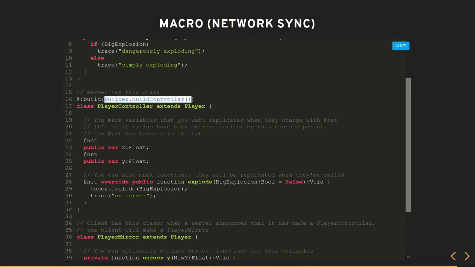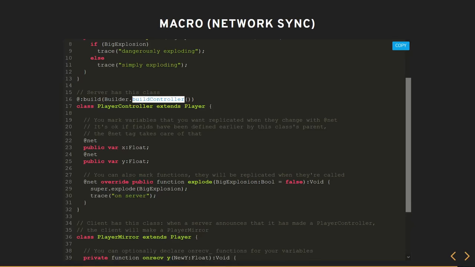We'll see the source code on the next slide. But it tells the compiler to run this macro function on this class at compile time. We know we want to replicate the position of the player, so we're going to tag both of these fields with this label, which could be anything. It depends on what code you have inside of your build function.